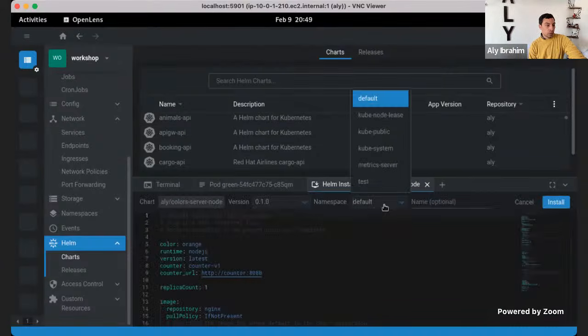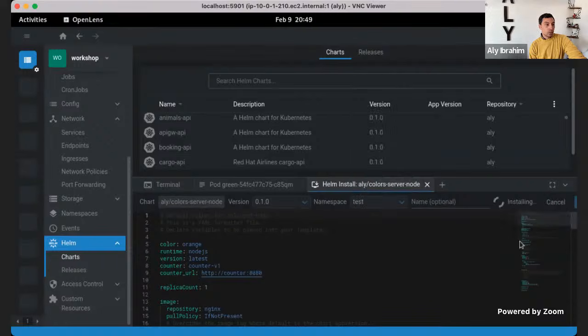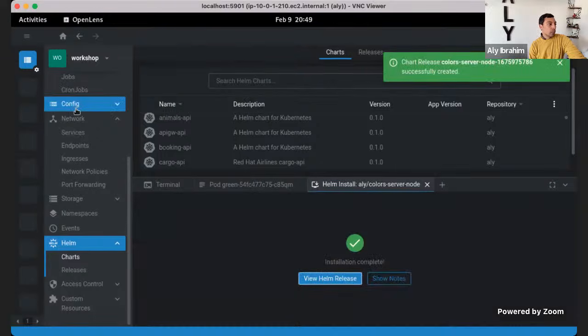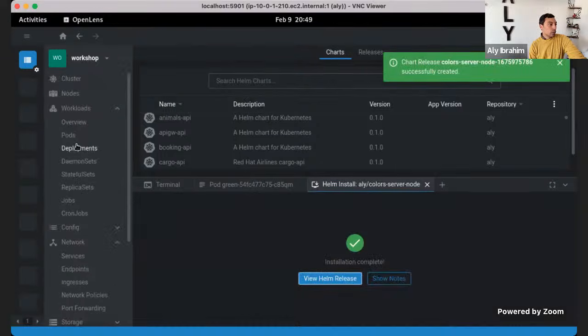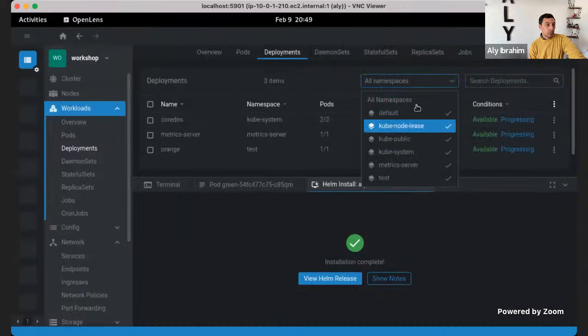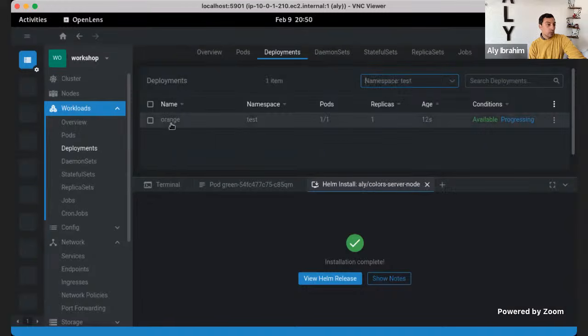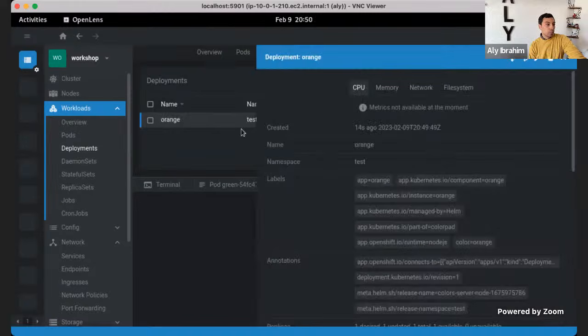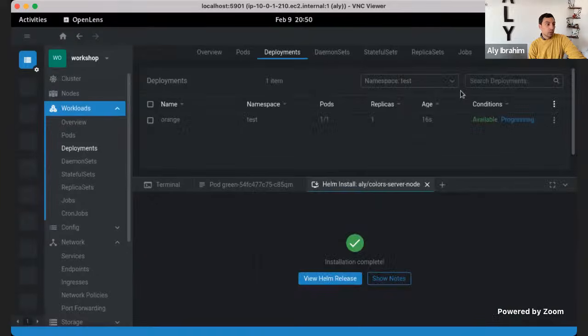And we'll install that in the namespace test. Install. It's installing. You can go back to the deployments and the namespaces. Just choose the test one, and you can see that this was installed. We just created this namespace, but it created the deployment from the Helm chart.